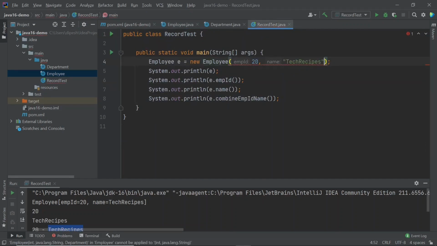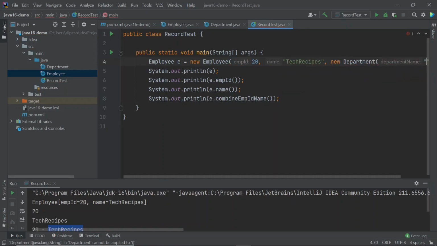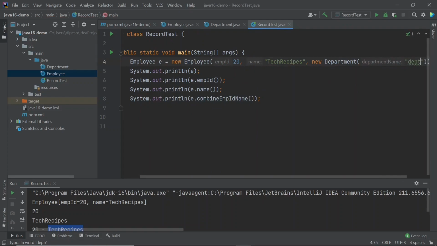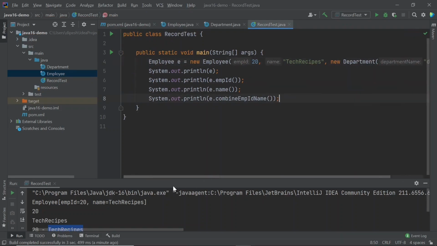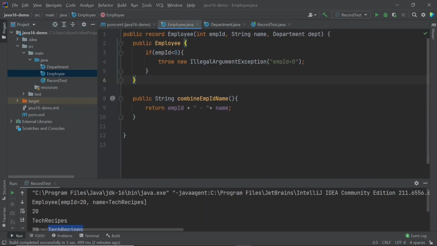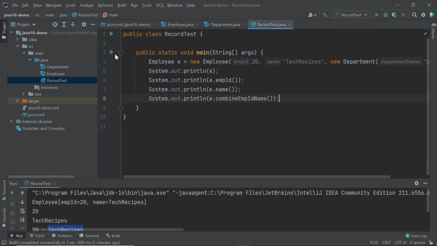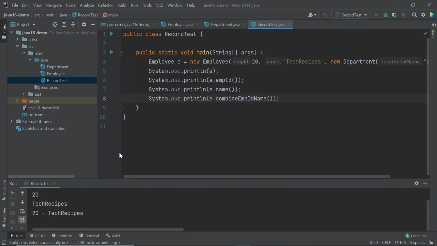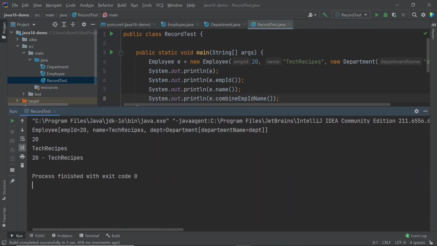We need to pass in a department. That's it. So basically we can add a nested record inside a record. If I run this method again, in the toString output you can see that there is another field department, and the department has a department name of DEPT.